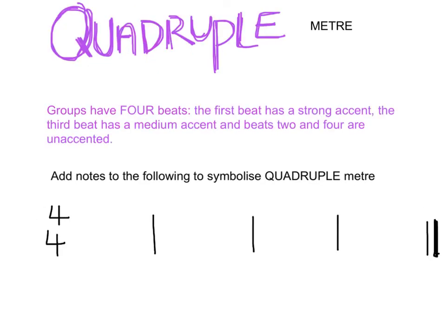Groups that have 4 beats are known as quadruple metre. In this case, the first beat has a strong accent. The third beat has a medium accent, and beats 2 and 4 are unaccented. An example would be